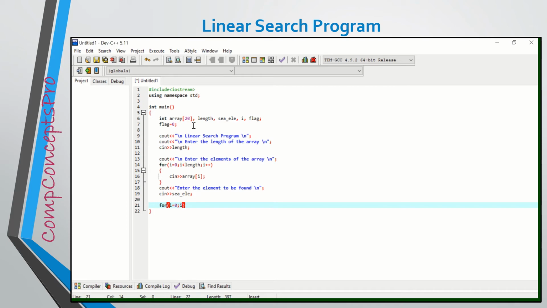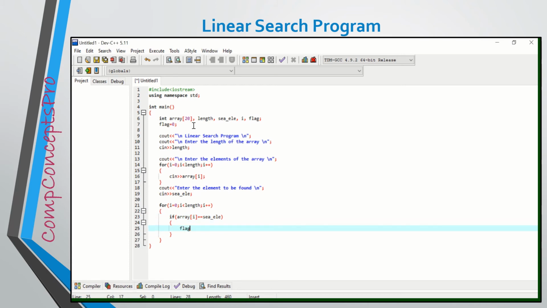Now I have to use one more for loop in which the actual linear searching will be done. In this for loop, one by one, the search element will be compared with all the values which are stored in the array. For that, inside this search loop, I have to declare one more if statement, which will return true in case the search element matches one of the elements of the array.